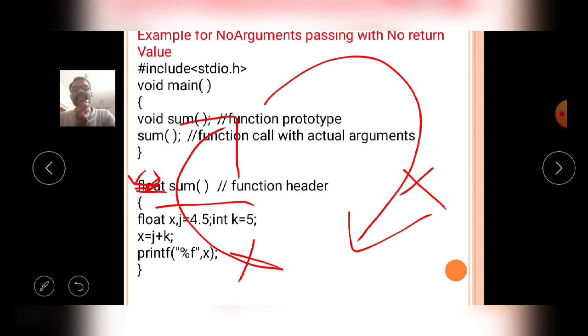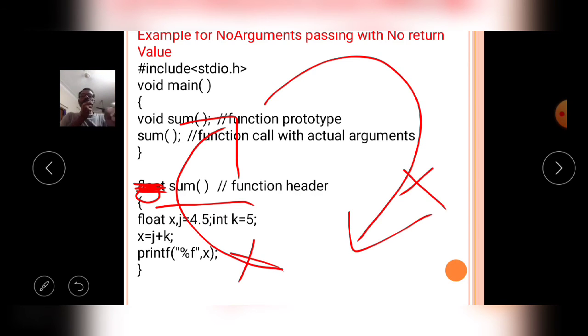So here in this example, what will happen? The sum function will not receive any value from the main function. After completion of the execution, no value is returned to the main function.